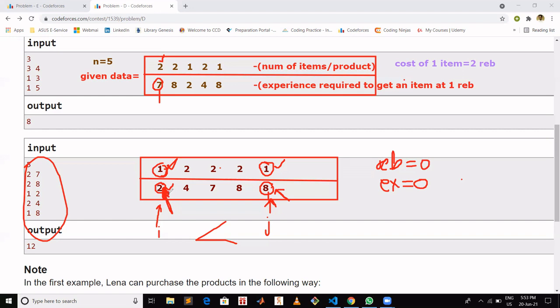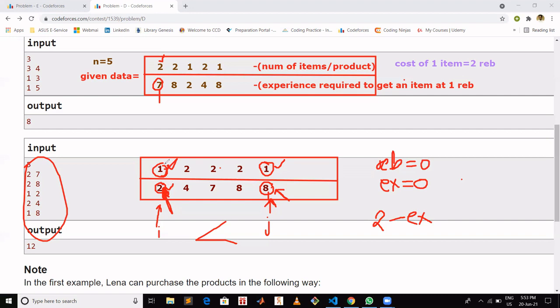So the requirement would be the experience for ith product minus what experience we already have. So this is the minimum experience we first need, so that we can get this product at half cost.